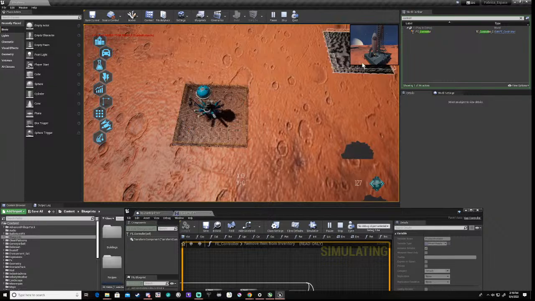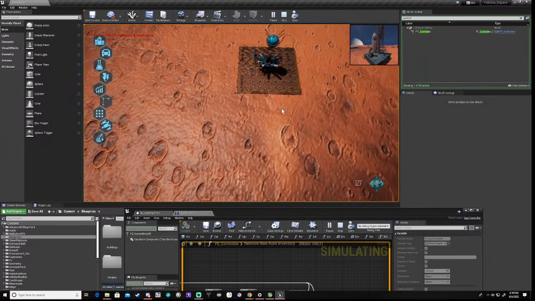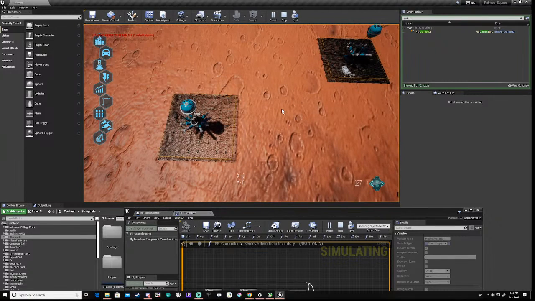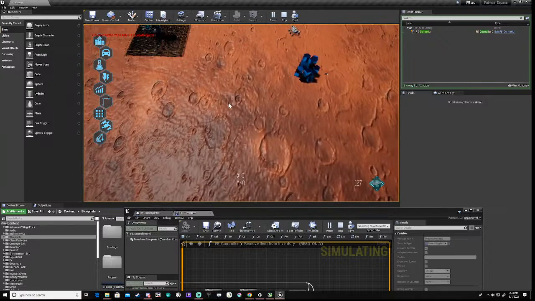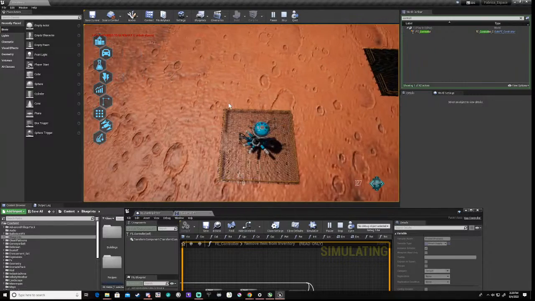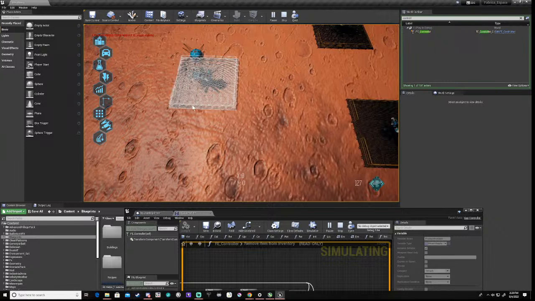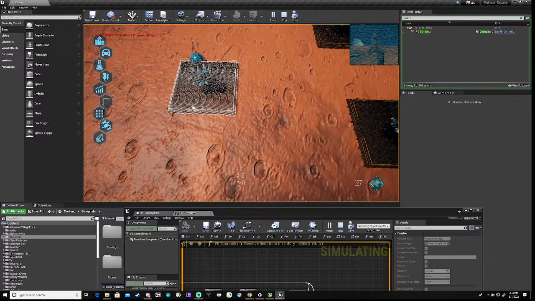So we've got bauxite here, bauxite here. And what we could do is